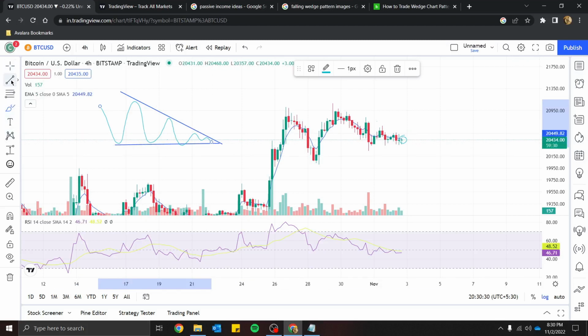So let me give you the logic here once again so that you can be very clear with what we are discussing. Suppose we see this kind of consolidation. This is the point where buyers come into the picture, and this one, and this one. These buyers got absorbed by these sellers, these buyers got absorbed by these sellers, and these buyers got absorbed by these sellers.